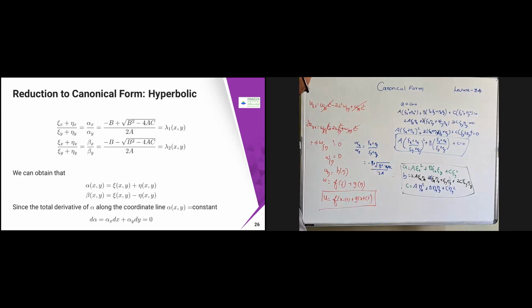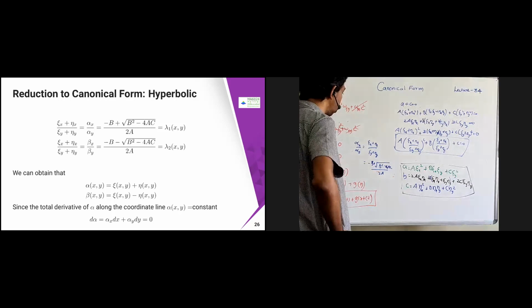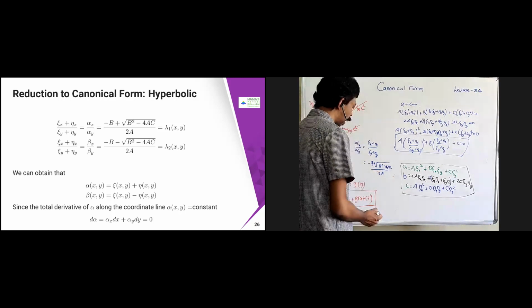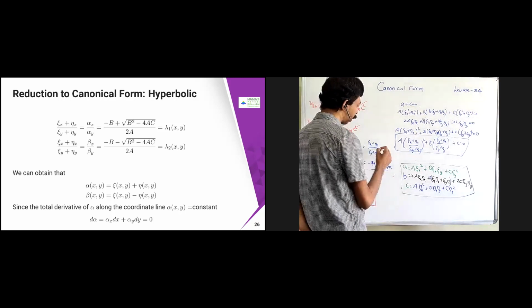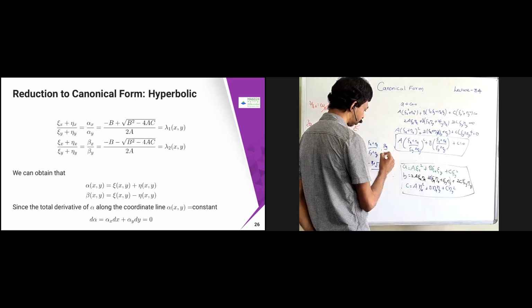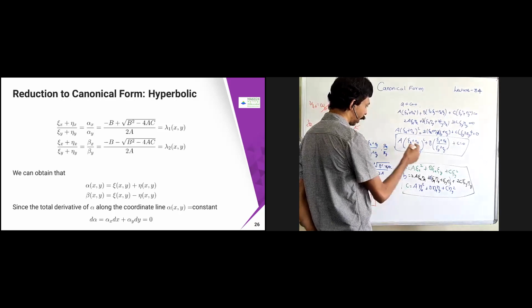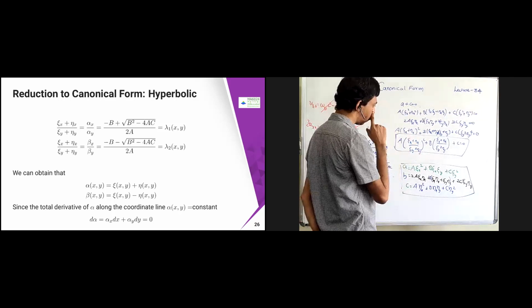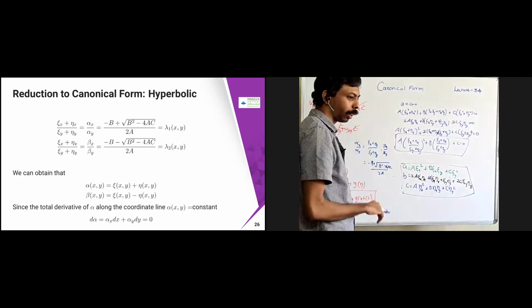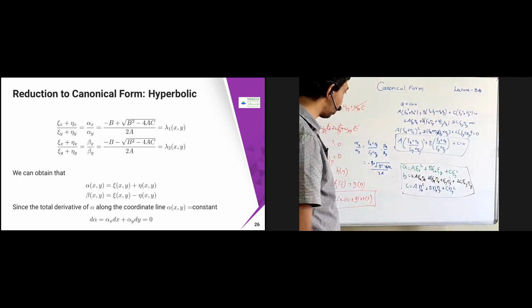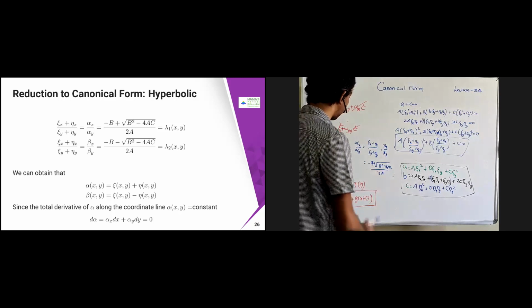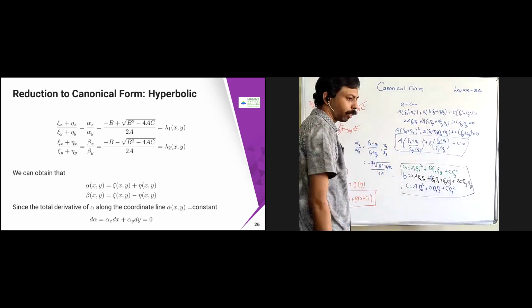So I have to take alpha and beta. There will be minus and plus symbols. So I am going to take alpha equal to, there are two symbols, one is alpha and another is beta x by beta. Beta x by beta is going to be the same way. You can just do it two times: chi x plus eta x plus chi y plus eta y.